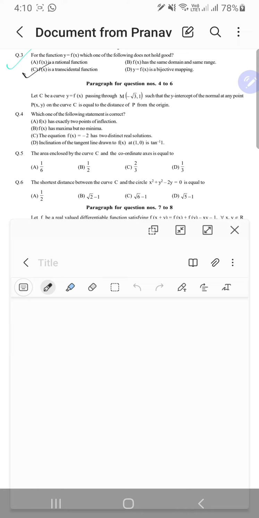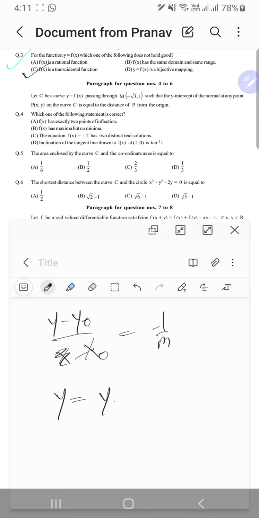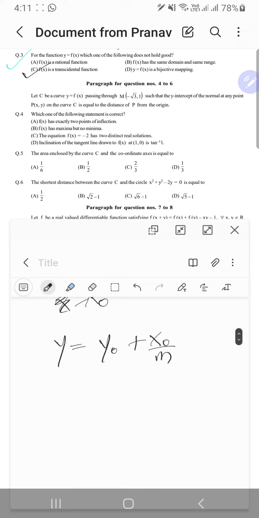So y equal to f(x) passes through this point, such that the y-intercept of the normal at any point... So what's the normal at any point? First of all, it would be (y minus y naught) upon (x minus x naught) equal to negative 1 upon m. And we are talking about the y-intercept of that. So for that, x is 0. So we just have y equal to y naught plus x naught upon m. Yeah, this would be the y-intercept. Instead of writing naught, I will just write y plus x upon m. So these y and x are of that point P,